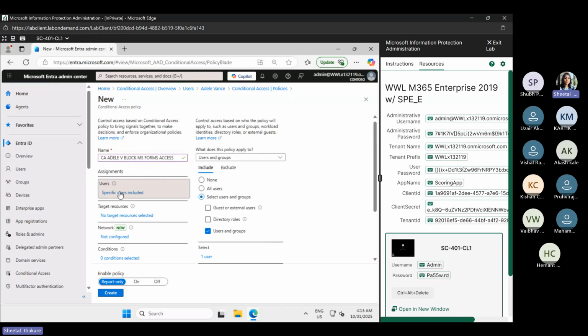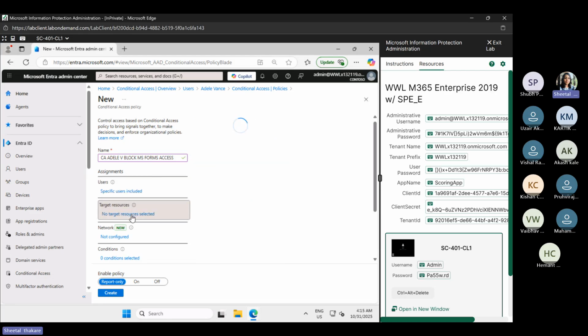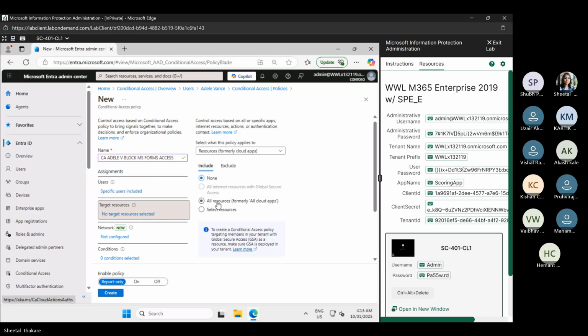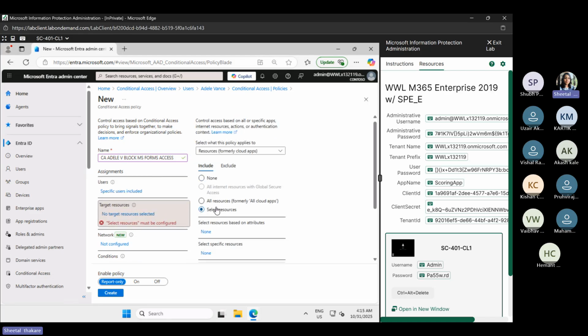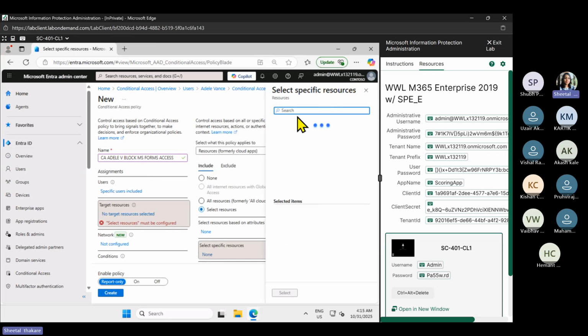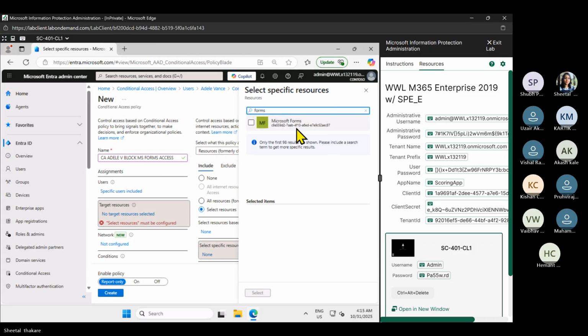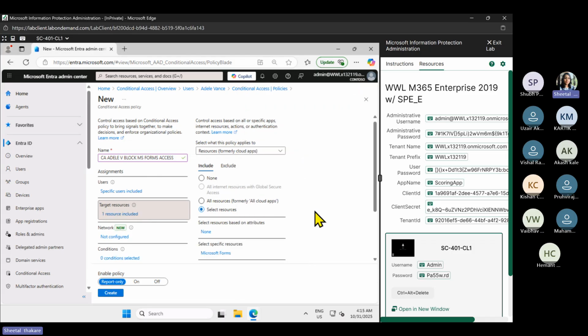Name of the policy, user, which resource. So I will say select a resource, a specific resource, which is Microsoft Forms. So Microsoft Forms appears. We select this